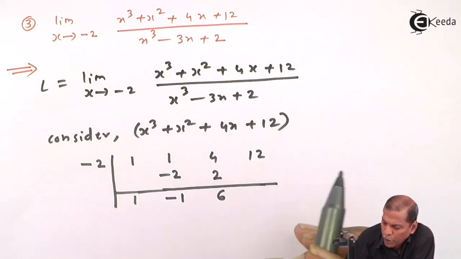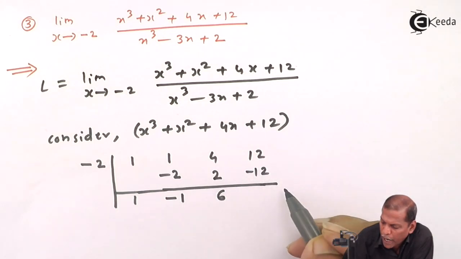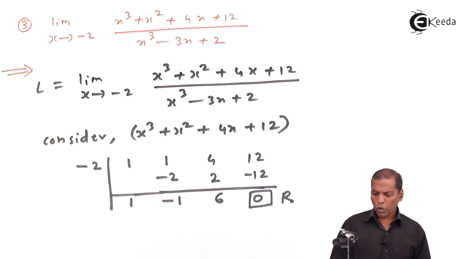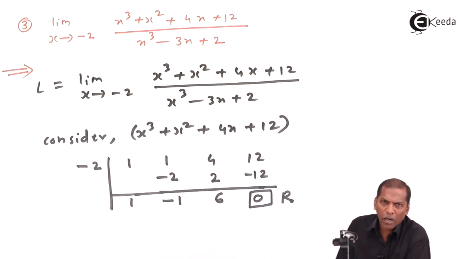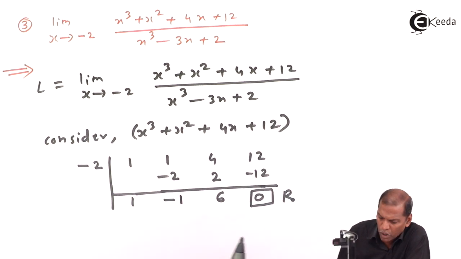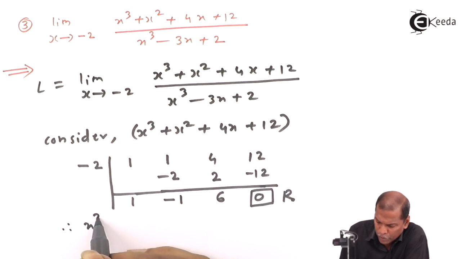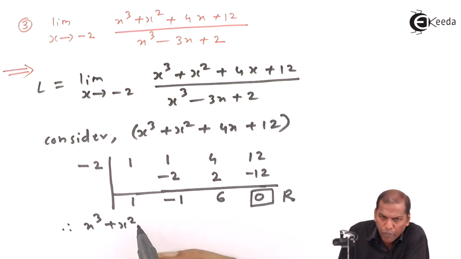Now minus 2 into 6 gives us minus 12. Now 12 minus 12 gives us 0 as a remainder,